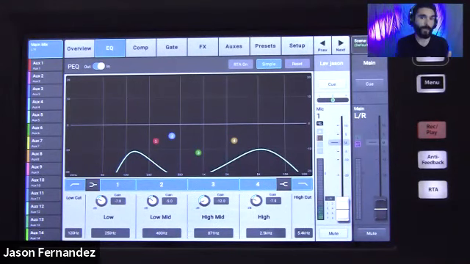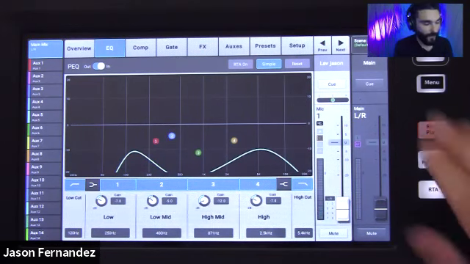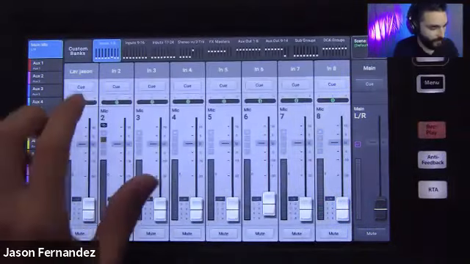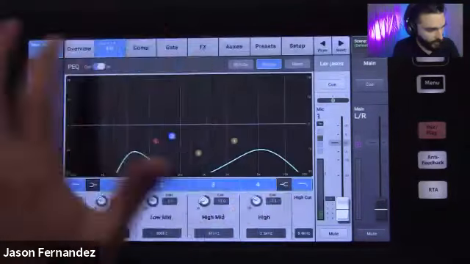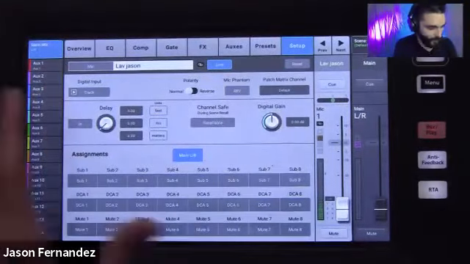They do link in what we call obvious pairs. So 1 and 2, 3 and 4, 5 and 6, and so on in that order. You can't link 2 and 3, for example. So it is an obvious pair linking of the channels, but you do have the ability to link your channels there. That's very advantageous.